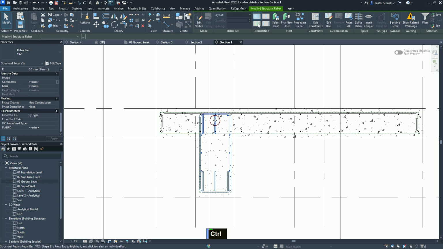So we should have 1, 2, 3, 4 Rebar sets selected. So it should be 1 for the stirrup, 2, 3 for the sidebars, 4, 5 for the bottom and top. You can go to the 3D view